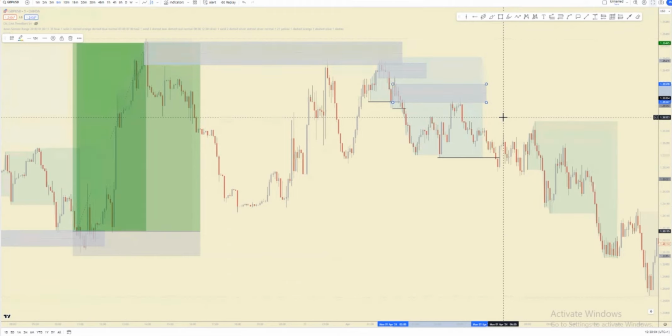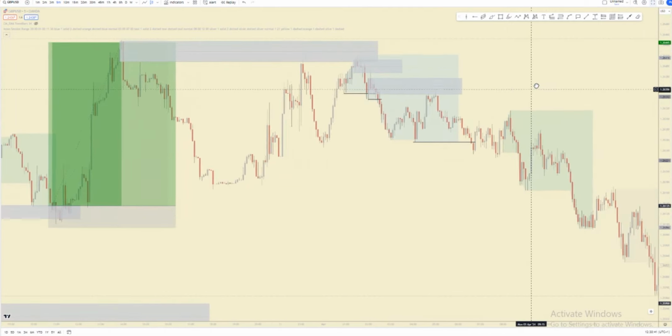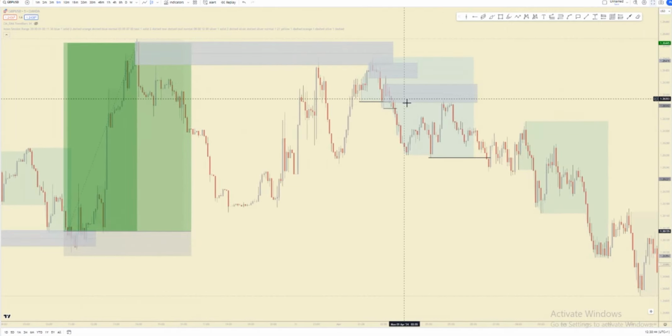If I look at the Asian range and see something like 6 pips, 8 pips, 10 pips, 14 pips, 13 pips, I'll know that there was not a lot of volume in the markets for Asia, so it's liquidity that has been built. But when you see something like Asia producing 17, 18, 20, 30 pips, you know that okay, this was not a consolidation at all. And this one also has been mitigated by this one.